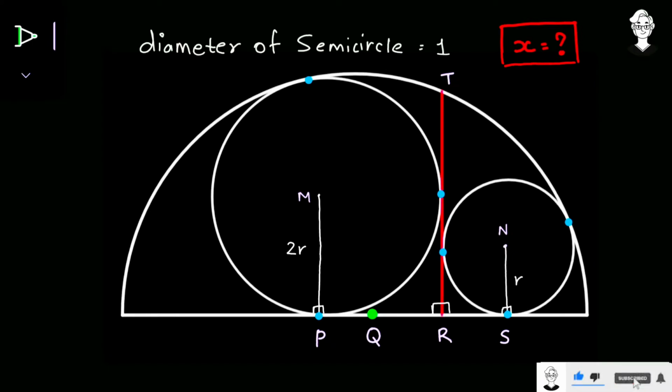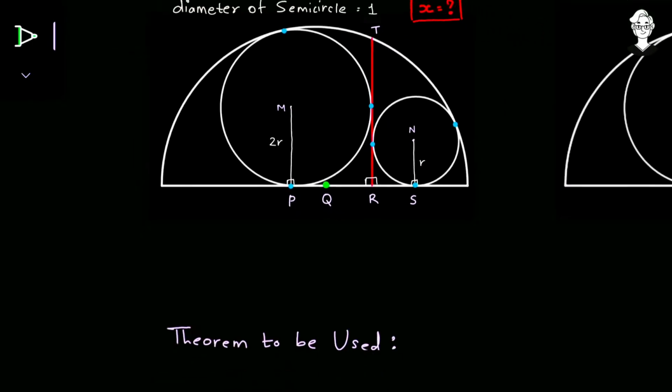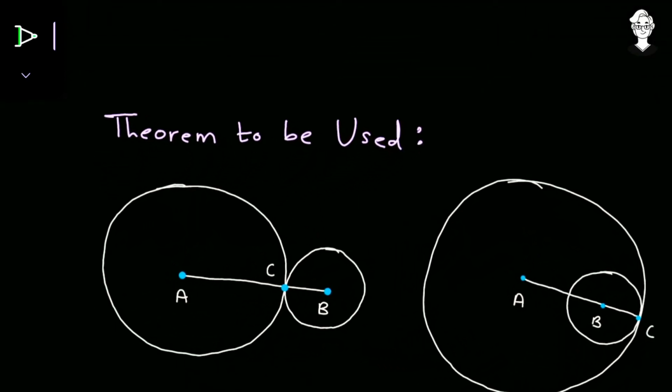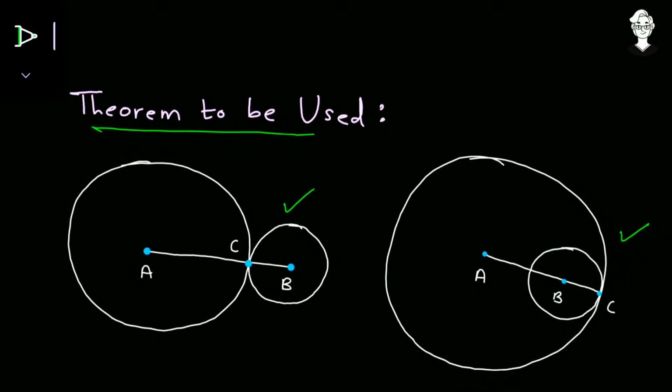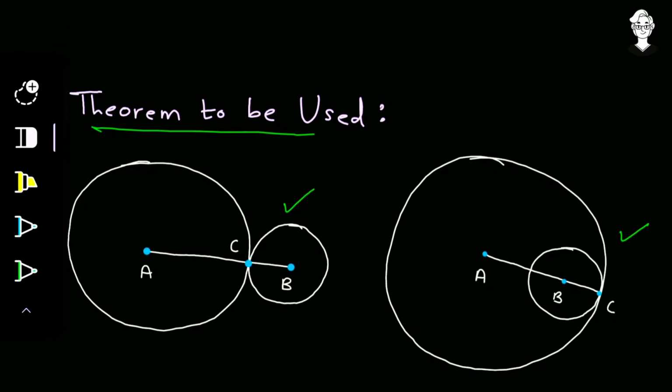So first of all, there's a theorem that we are going to utilize. The theorem is over here. The theorem we are going to use is that if there's a circle that is tangent to another circle, then the center of this big circle, the center of this small circle, and the point of tangency are going to be in a straight line. Means that 3 points, that is point A, point B, point C, are going to be collinear, no matter if the two circles are tangent outside or they are tangent inside. Here you can see again the center of this big, the center of the small, and the tangent point. They are going to be in a straight line, means they are going to be collinear.